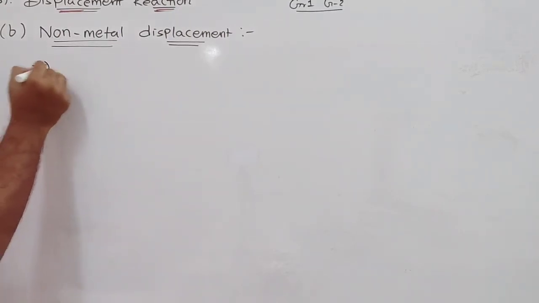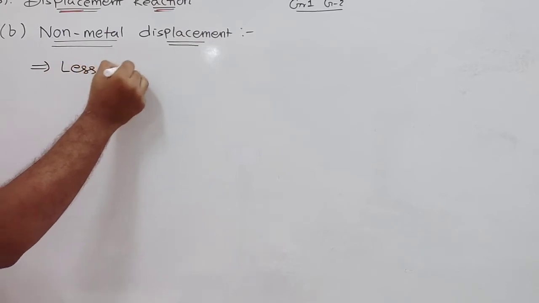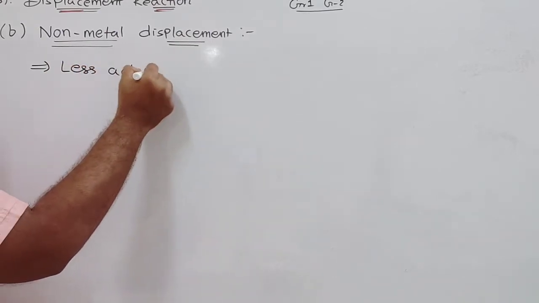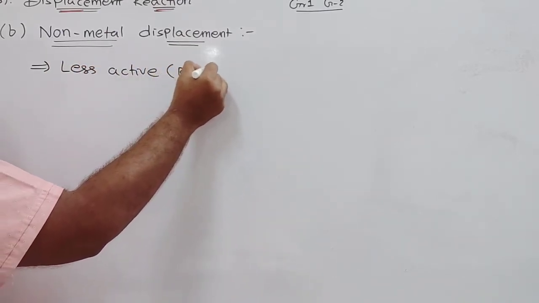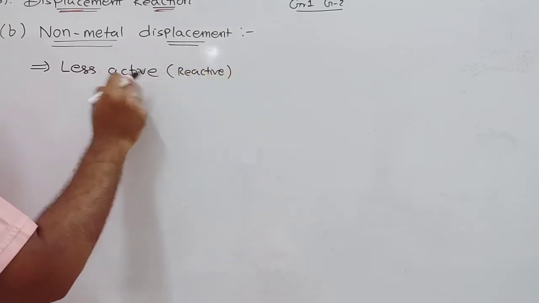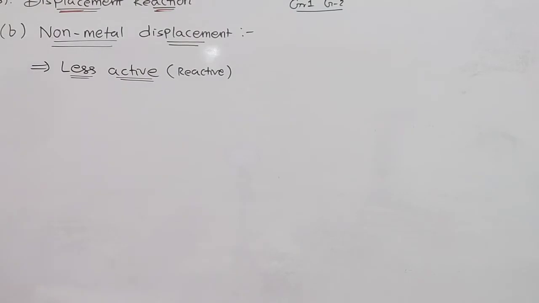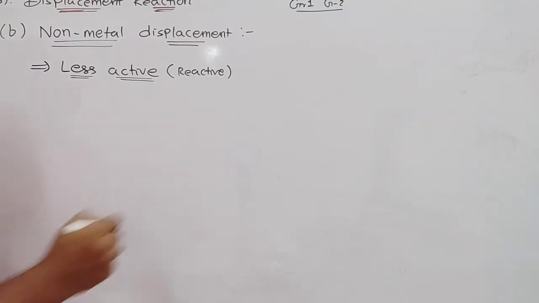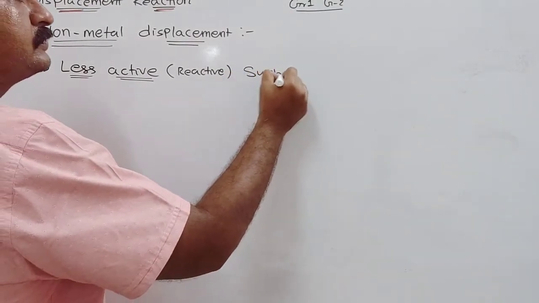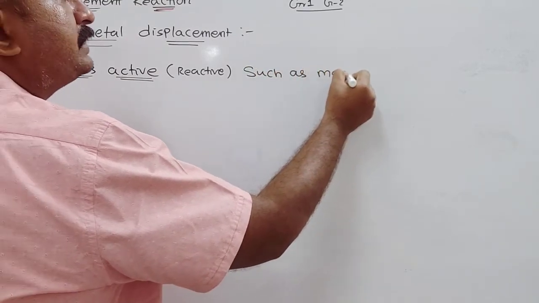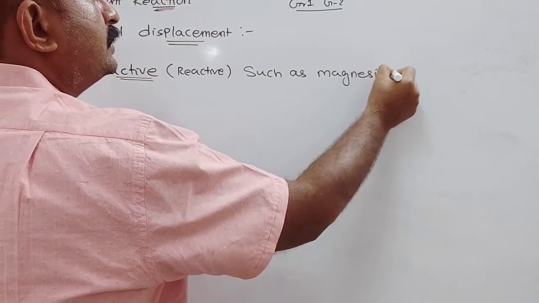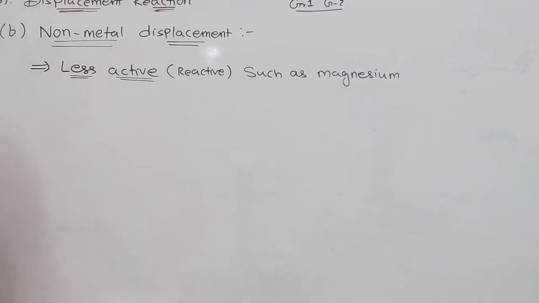Less active means less reactive, and active means reactive. The word is very important. So less active metals such as magnesium, which comes in alkaline earth metals, and iron